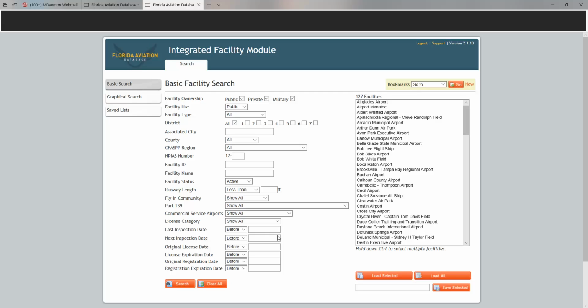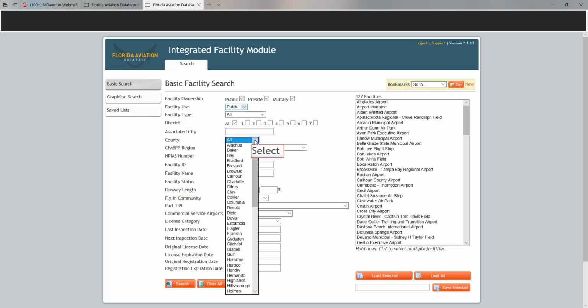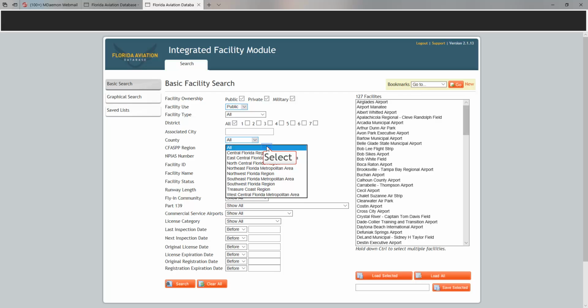It includes basic facility search inputs such as facility ownership, private, public, or military, facility use, all, public, or private, facility type, airport, heliport, seaplane base, ultralight, district, associated city, county, CFAS region, NIPIAS number, facility ID, facility name, facility status, active, all, inactive, closed, planned, expired, or proposed, runway length, less than,